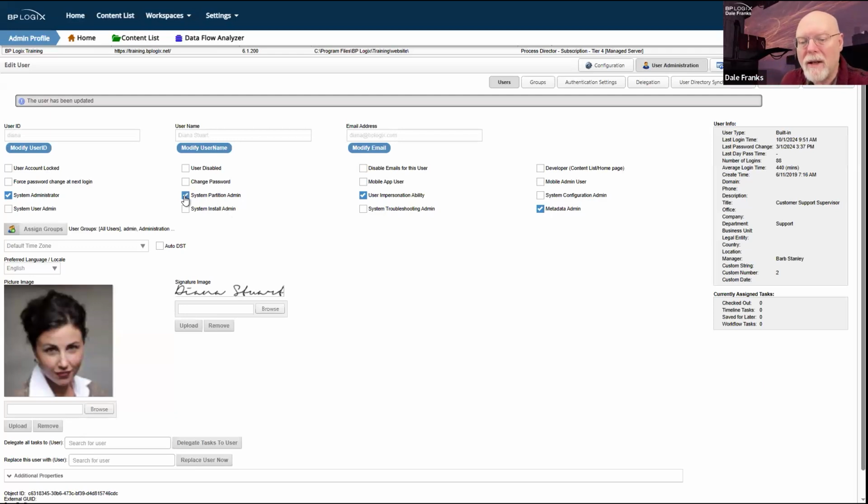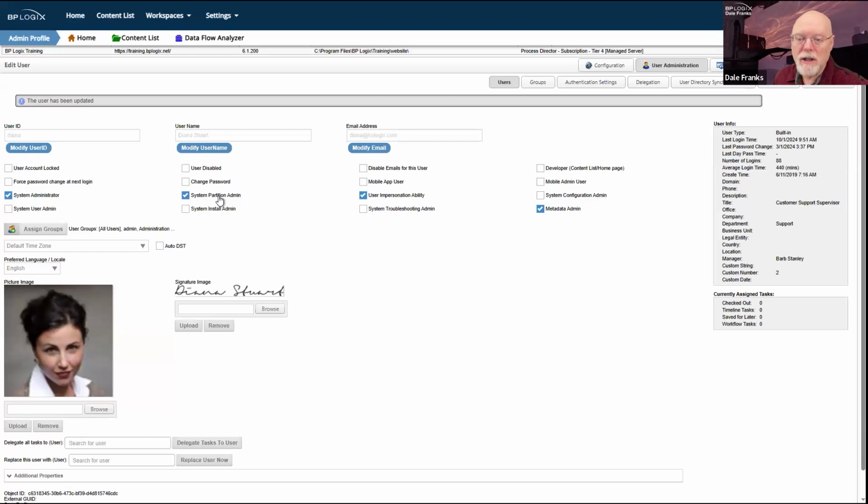And what it does is for every partition to which they're a member, and I understand most of you only have one partition, so it would only affect a single partition. But if you turn this on, it doesn't actually grant the user access to anything in IT admin. They can't perform any top-level administrative actions. What they can do, however, is do anything that they want in the content list.